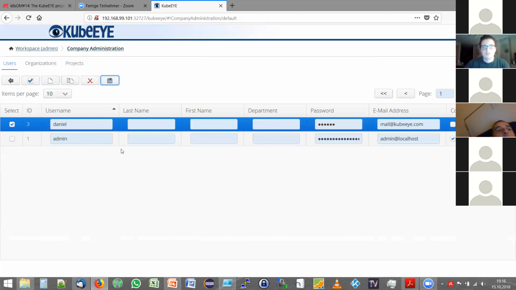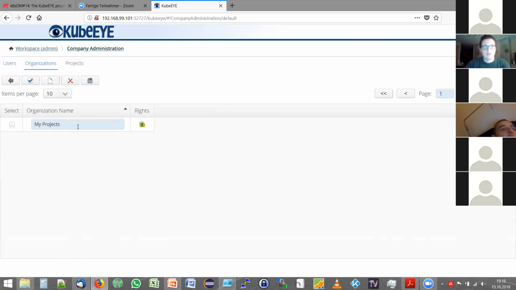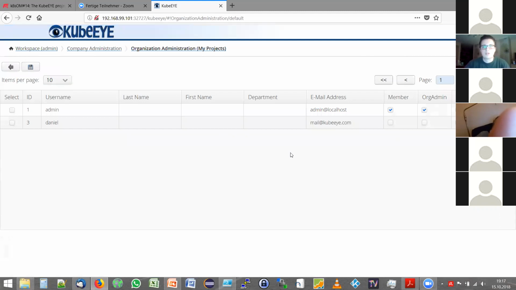And so he can add as many users as he wants. And there is also a substructure below the company. We call it organizations. It can be project teams or departments in the company or whatever. Basically, there is already one organization called My Projects. And in every organization, we can have an organization admin or several organization admins who are responsible for the user rights within this organization. So I can make the new user Daniel now a member, but he should not be